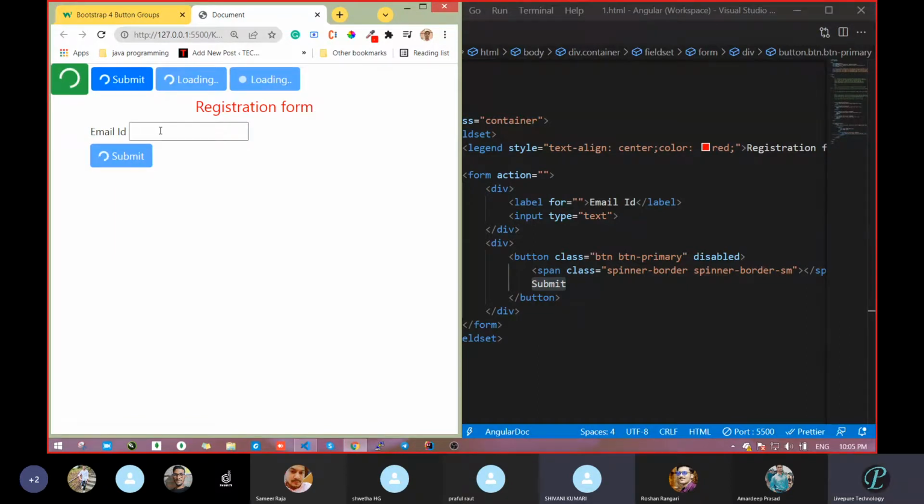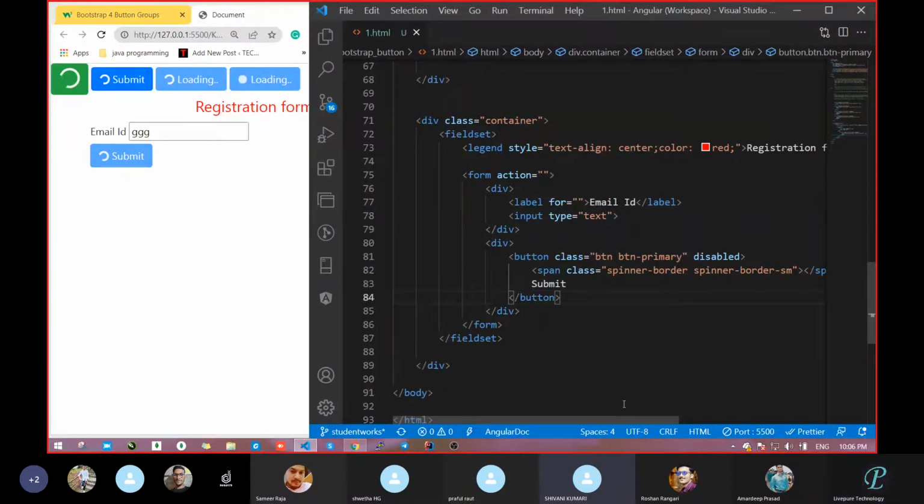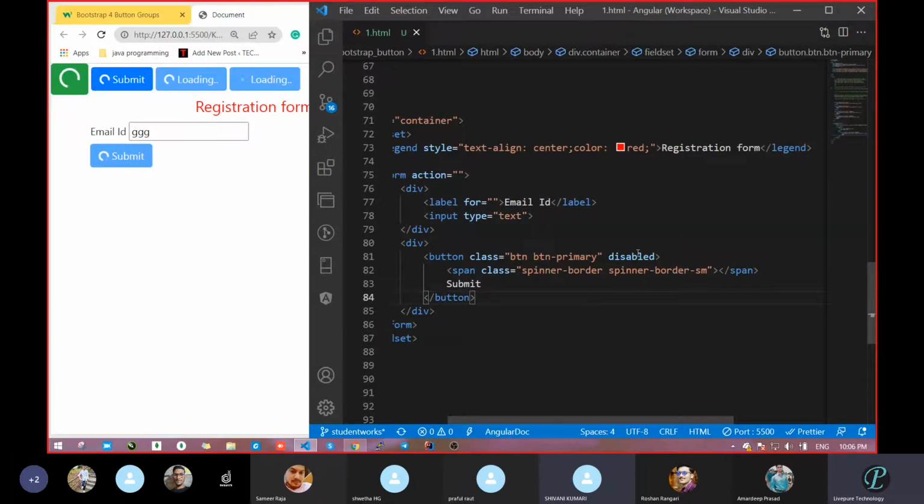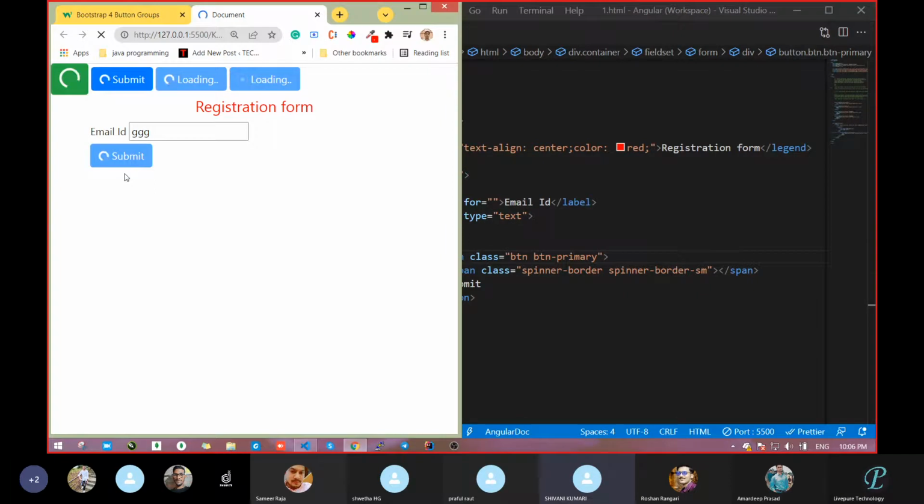Okay, it is designed. When you enter some data there, fine. And after that, when you click on this one, is this a disabled type? A spinner border. Oh, it's disabled. That's why it's not clickable. Yeah, now see, it looks like a spinning is going on. Suppose you have entered some data. Now what will you do? You will submit. Once you submit, it will show that something is going on. Got it?